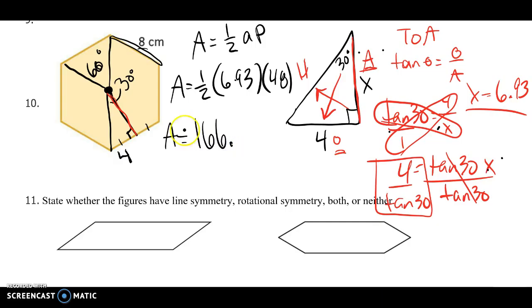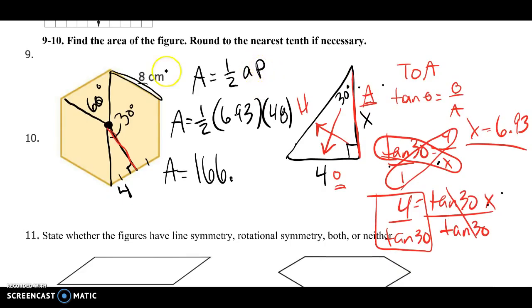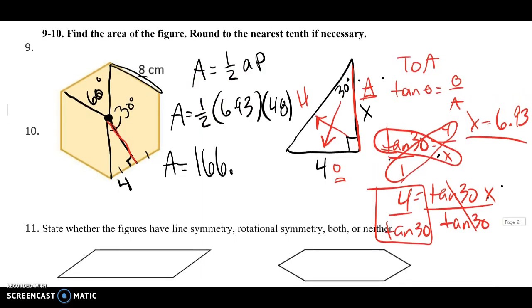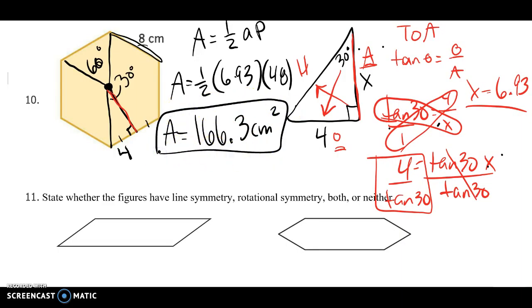I can't remember. Let me scroll up and see what the problem said. Round to the nearest 10th. I know yours don't look like this. I deleted the figure on number 9 so I'd have more room. Round to the nearest 10th, so 166.3 centimeters squared. You might have found a little bit of a different answer because there's a bunch of rounding